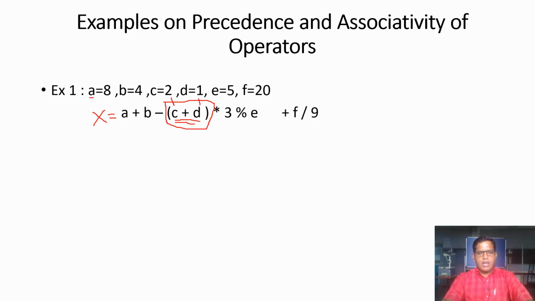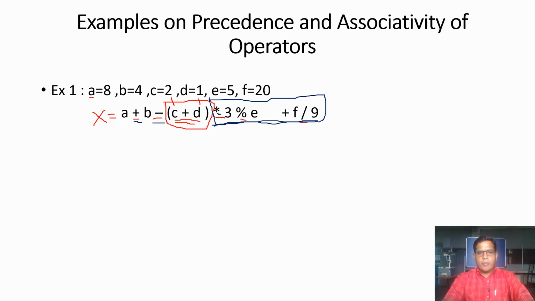So in the first step, the C plus D operation is done. Then we pay attention again. Now plus, minus, multiplication, modulus and divide, these five operators exist in this expression, and out of that, the group of multiplication, modulus and divide has top priority as compared to minus and plus. So the compiler is going to pay attention towards these three operators, and as per the mentioned priorities, the top priority is given to this multiplication.